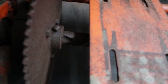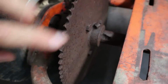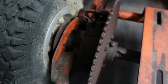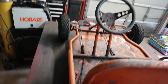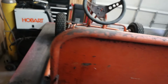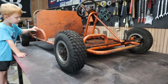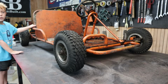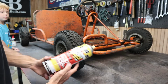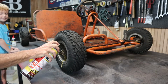Here's the old brakes. Pretty rusty, but let's start diving in on this thing and seeing what we can accomplish. Alright, just using some PB Blaster, we're gonna continue dousing all these little